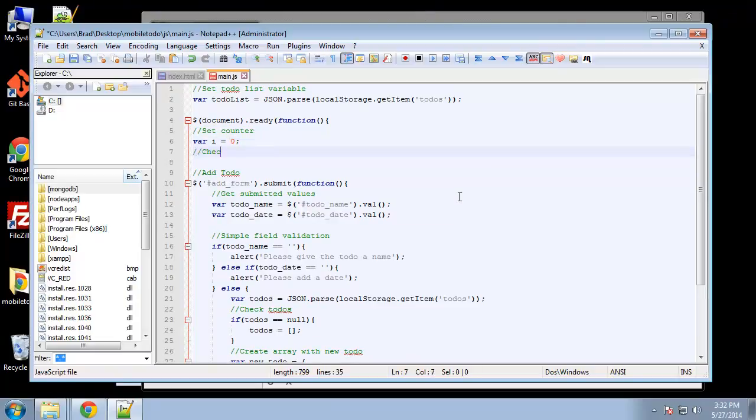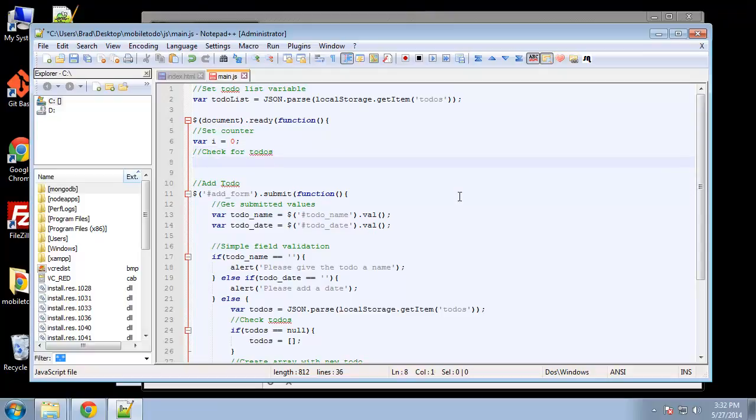Alright, so next we want to check for to-dos. So we'll say if localStorage.getItem to-dos, okay, so if it's not equal to null,